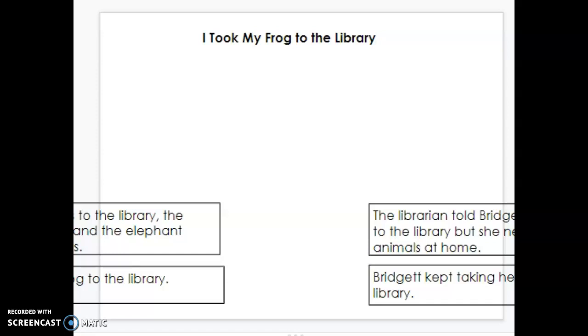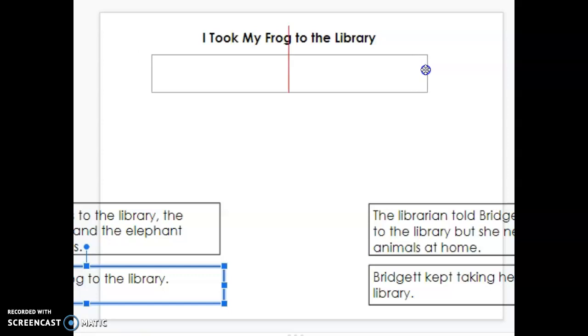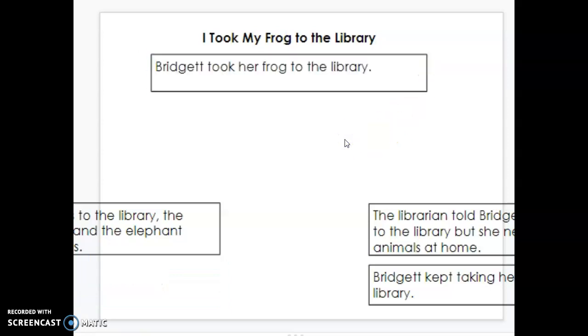So I have some words here, and we're going to be doing an activity like this at school, and you're going to be doing one at home. So the very first activity that you're going to click and drag is going to come up here. The first activity is Bridget took her frog to the library. That's what we saw in the picture, right? Then the next thing that she does is